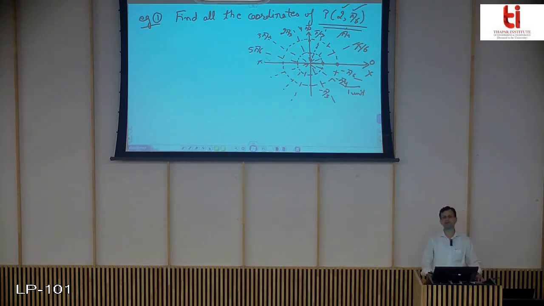So what is the purpose of telling you all these things? So that you can get an idea that here the angles 90, 120, 135 are most commonly used angles. These arrays help you with that. If you are not even drawing these arrays, it is fine. You just get an idea of where these angles are and what is the distance of the point from origin which I have to draw now. So the point is (2, pi by 6). So it is here. So what I do now, listen very carefully.